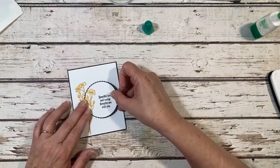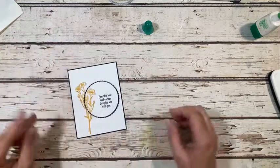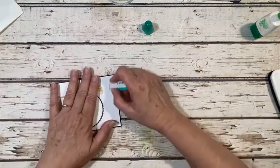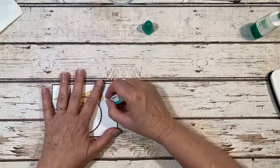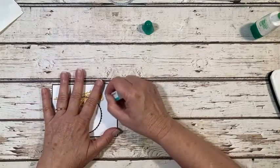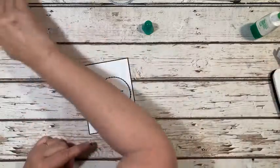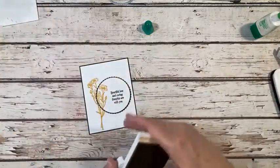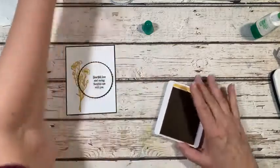So I'm happy with the way that lines up, and just like that. And then what I forgot to do, and I got some black ink on this, I tell you, I should keep some baby wipes around, because I'm a messy stamper and I get ink on everything. Before we put this circle down with dimensionals, we wanted to stamp that